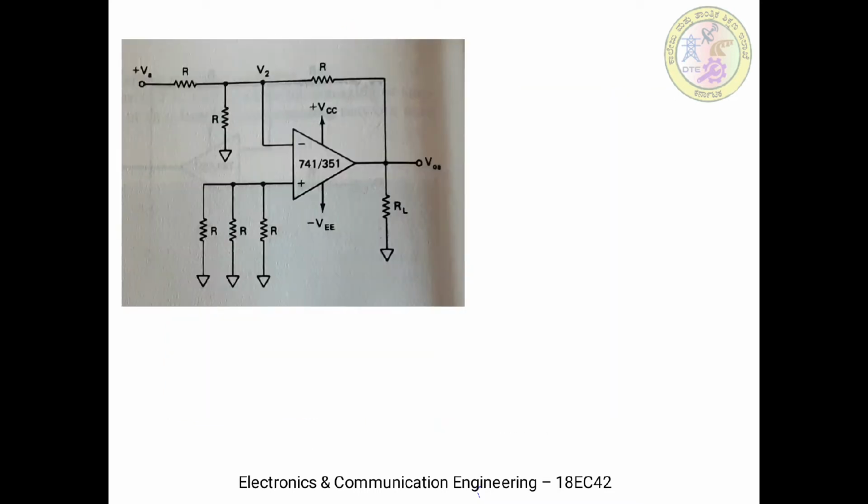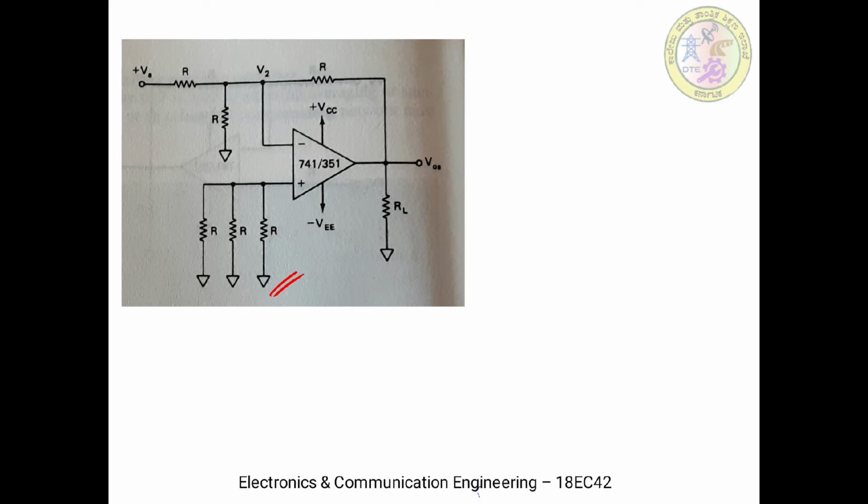So here the circuit diagram shows a reduced procedure or a method to derive the final voltage V naught. Now in this circuit only VA is applied and all other inputs are made equal to 0. So you can see that as VB is 0, R is directly connected to ground, and similarly at the non-inverting terminals also. So all the three resistors are connected to ground. Let us call the output voltage only because of the applied input A as VOA.